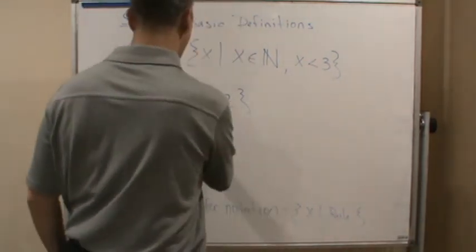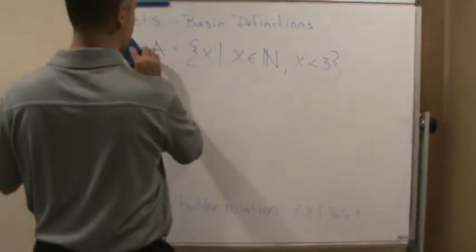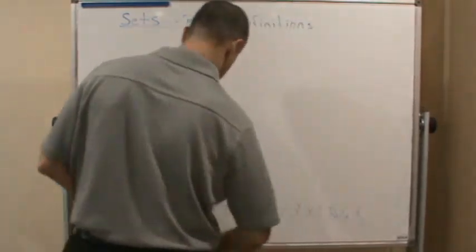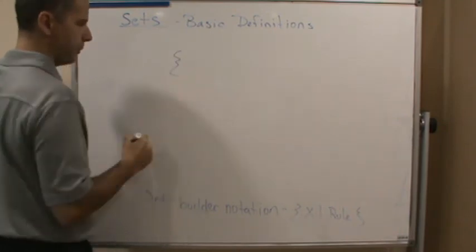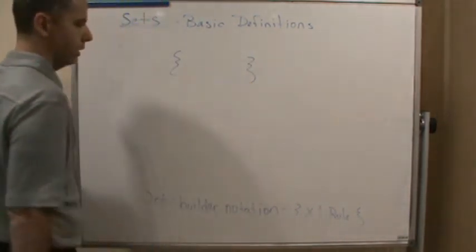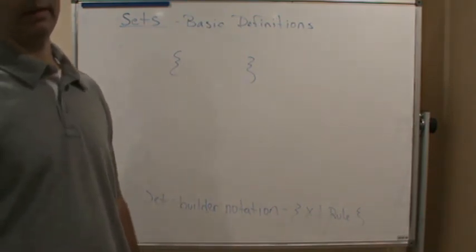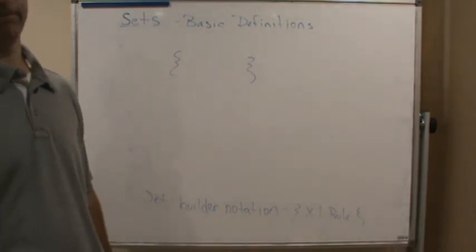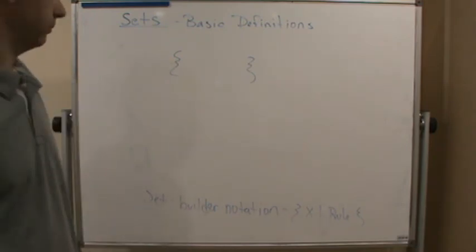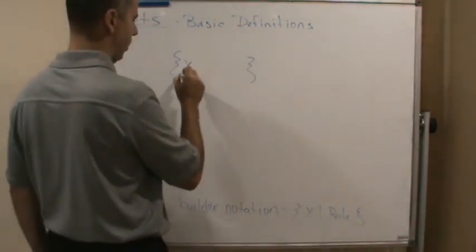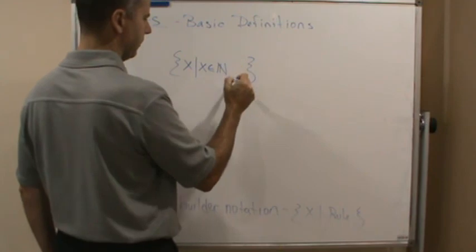So again, if I say, hey, I want to represent all real numbers or all natural numbers less than 1,000 or between 50 and 1,000. So in that case I would say I want all x such that x is an element of the natural numbers and